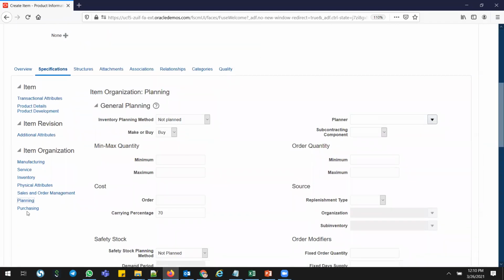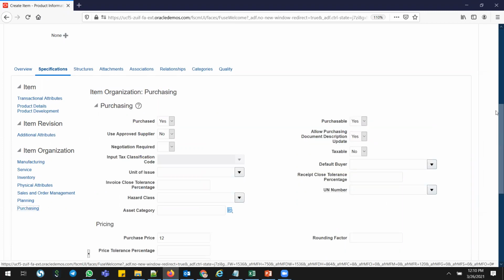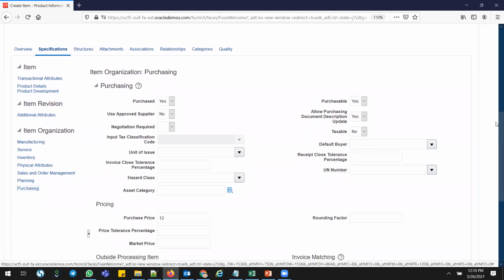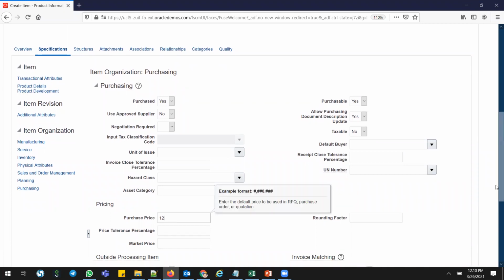And then the purchasing, you can provide the purchasing price because we are interfacing the data from order management to inventory and purchasing modules across modules. So the purchase price should be there, $12. If you don't have any blanket purchase agreement, there are some scenarios where I can go for a one-time buy. I don't have any negotiation between the suppliers and me. In that case, I will not create a blanket purchase agreement.